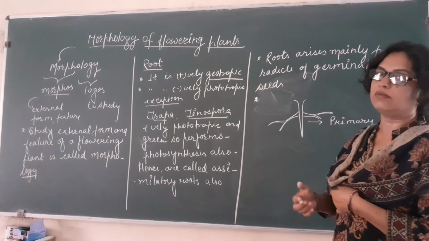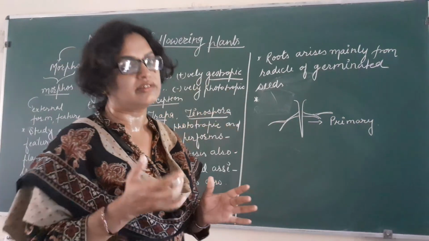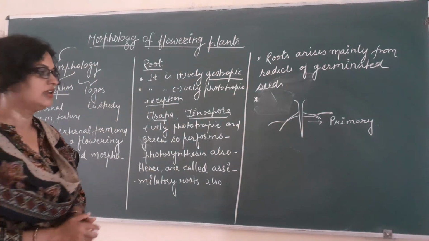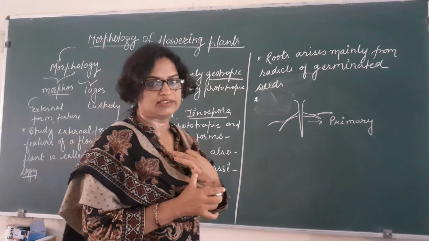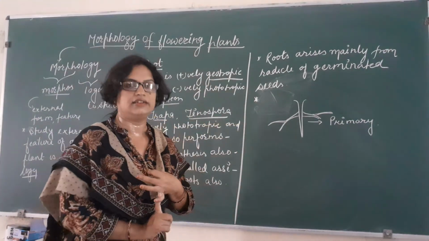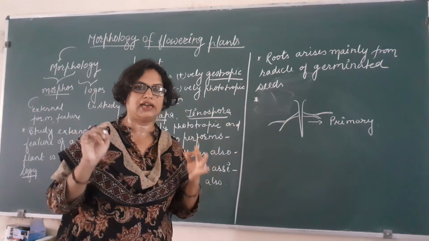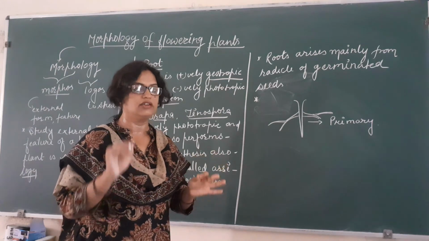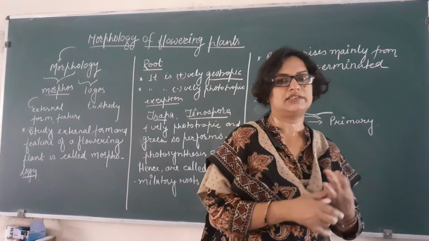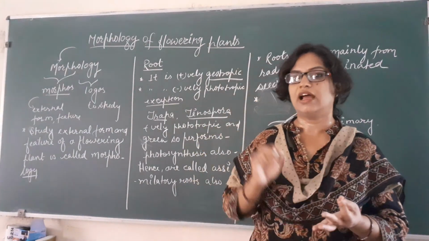इसी तरह से हमारे पास प्लांट्स में मेनली 3 टाइप्स के रूट सिस्टम ऑब्जर्व होते हैं. These root systems are: first is tap root system, second is fibrous root system and third is adventitious root system. So there are 3 main types of root system in plants. First is primary root system या tap root system इसको कहेंगे, second is fibrous root system and the third is